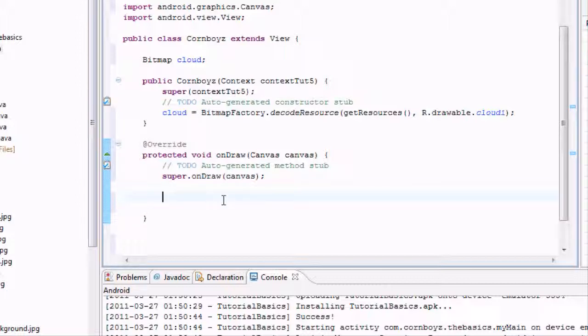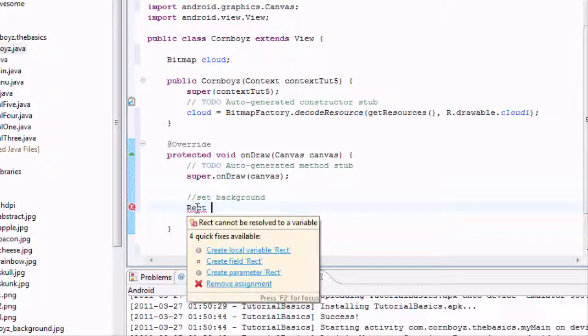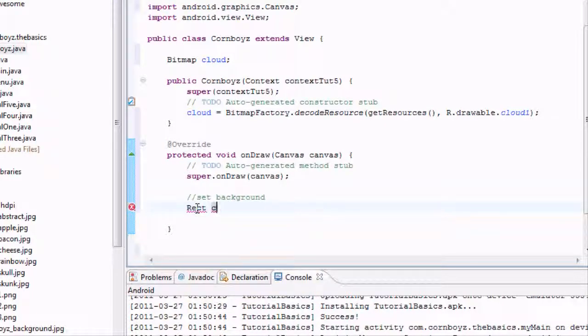But we have to define what we want on the canvas and what the canvas background is and all that great stuff. So first we're going to set up that rectangle that I was talking about, and then we're going to paint it blue, and then we're going to add that rectangle to the canvas. So that's what we're going to be doing now. I'm just going to say set background. I probably shouldn't type any notes, to save some time. It's going to be from the rectangle class, and this is just Java code, or a Java context, so it'll know that you're talking about a rectangle here. We're just going to call this one C background, or CBK. It's going to equal